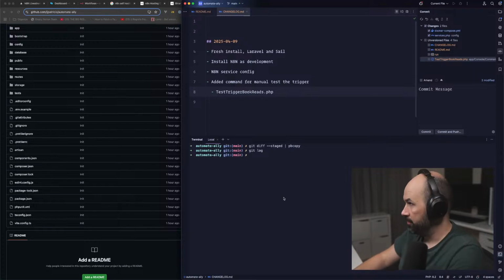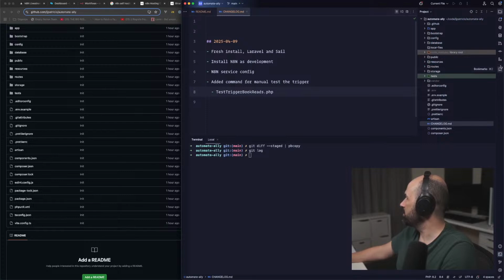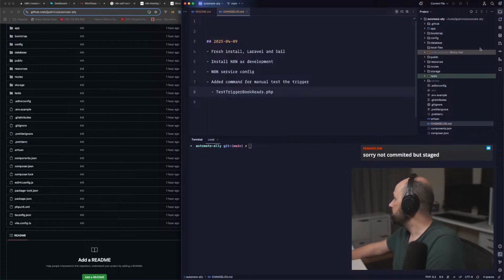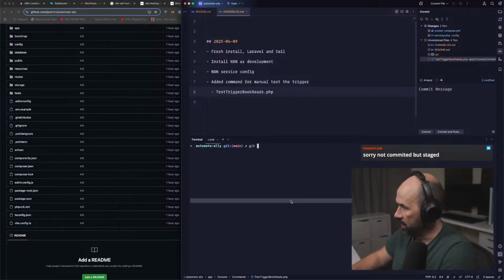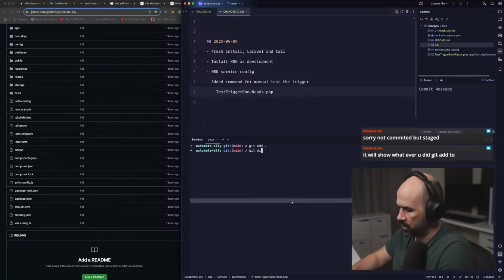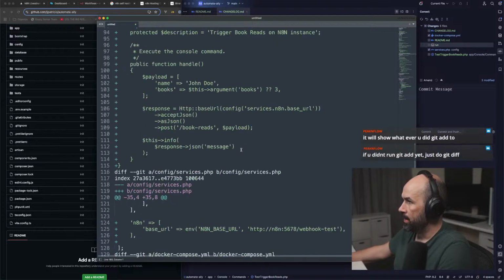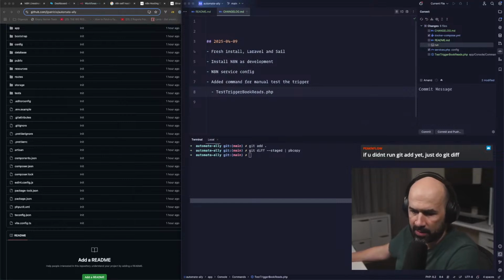It sounds fantastic if I can just... Oh, I'm reminded there's a plugin, AI commits. But I didn't enjoy it much. What could I run? Not committed but staged. So, let's go. I can git add all, right? And now git diff, pb copy. Here we go. And now you ask ChatGPT, tell me what changed here. Yeah, that's nice.